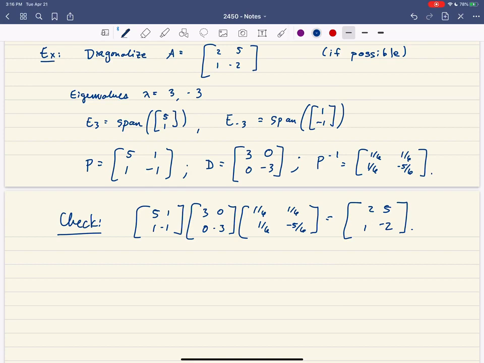So D is going to be the diagonal matrix whose diagonal entries are the different eigenvalues, and P is going to be the matrix whose columns are the corresponding eigenvectors. And that's how the diagonalization process works. All right, so that's example 1. Example 2